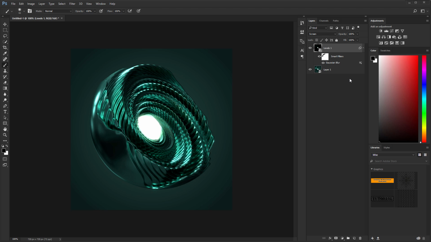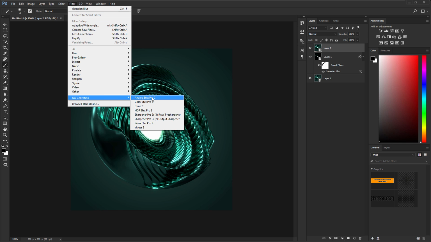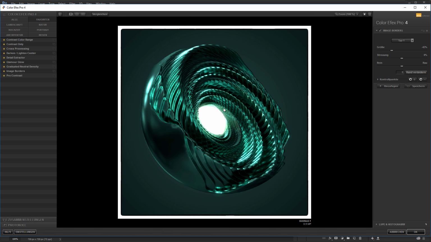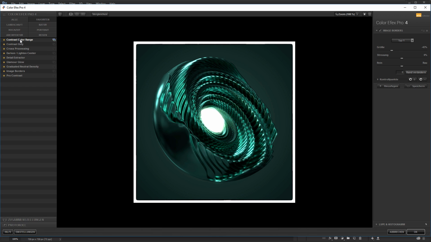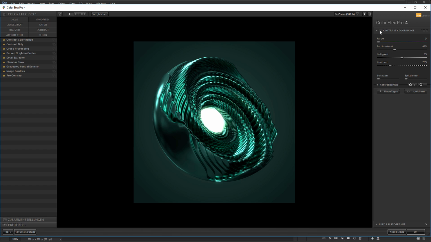Okay, so now my favorite shortcut is Control Shift Alt E. So all layers under this layer will become one layer here. So make a smart object out of it. I go to my filter, Nik filters, color effects. No, I don't want this now. But let's see the orange. This is too much for me. It looks nice, but